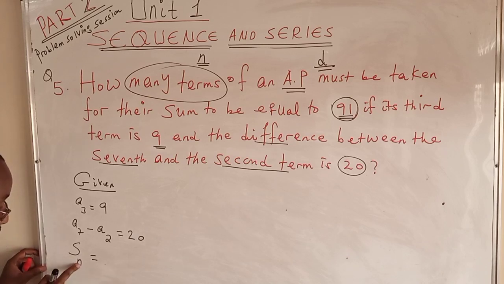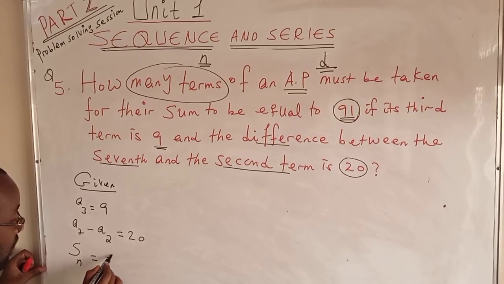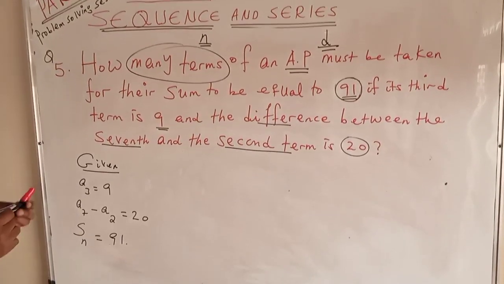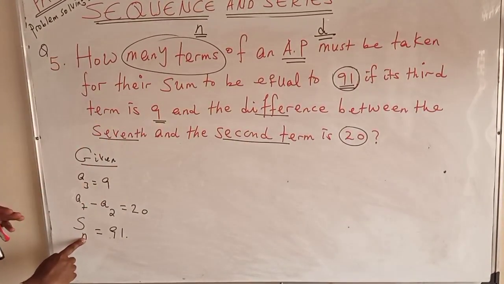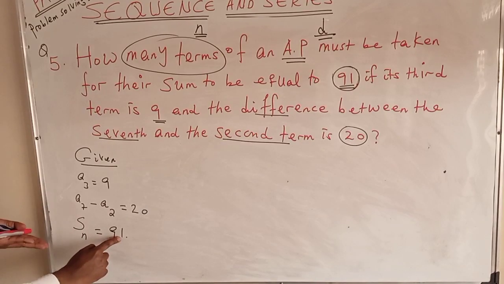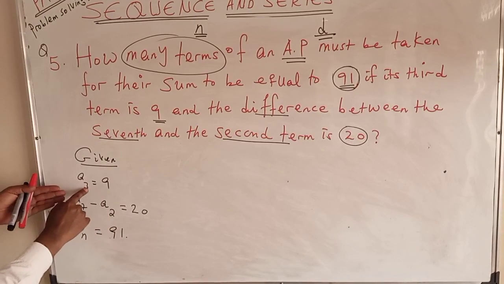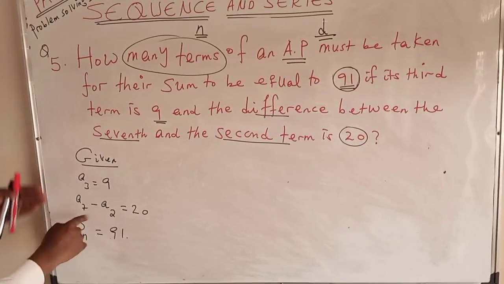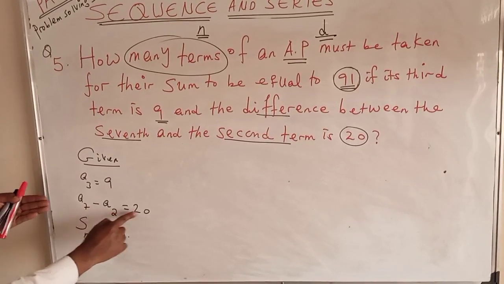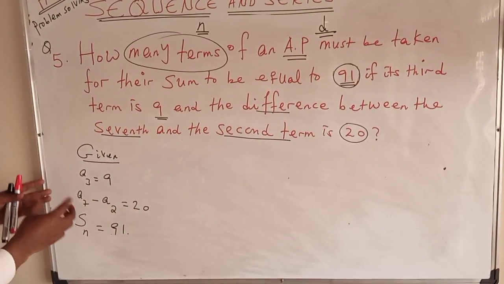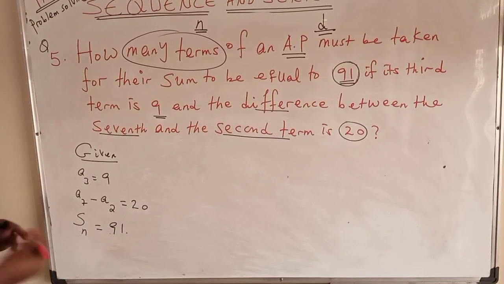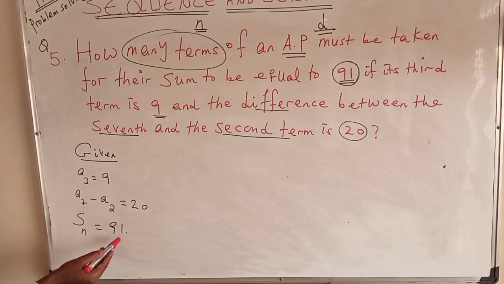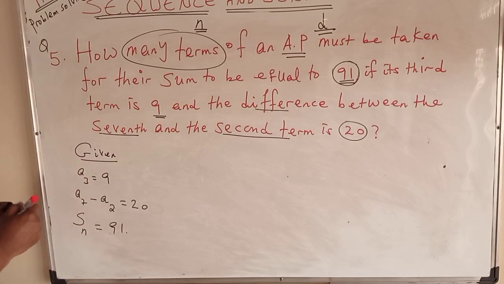We don't know the number of terms taken here, which is 91. የሲኩዌንሱ ደግሞ ሶስተኛ ተርም 9 መሆኑን እናውቃለን and the difference between the seventh and the second term is 20. ስለዚህ ይሄንን ፓተርን ተከትሎ የሚሄድ ሲኩዌንስ ቢኖረን ምን ያህል ተርሞችን ብንወስድ ነው ድምራቸው 91 የሚመጣው ተብሎ ተጠይቀናል።